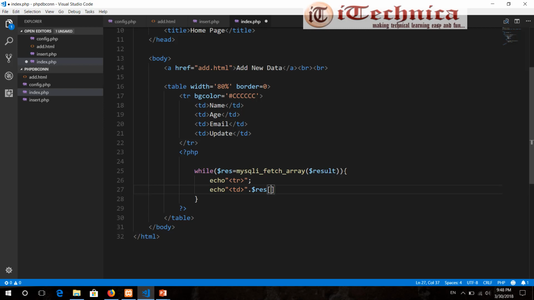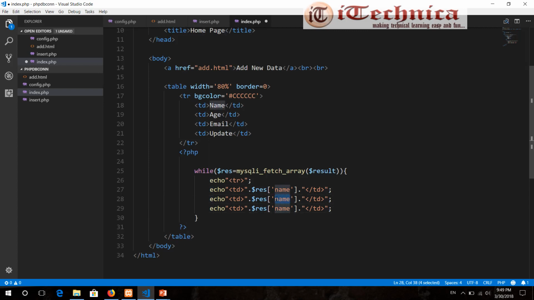First, the data from res is the name column, that is name, then the td is closed, the table data is closed. Sorry, we close that, and then put a semicolon here. I'm going to copy that for the remaining fields, that is